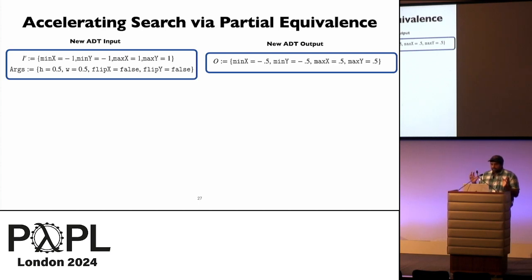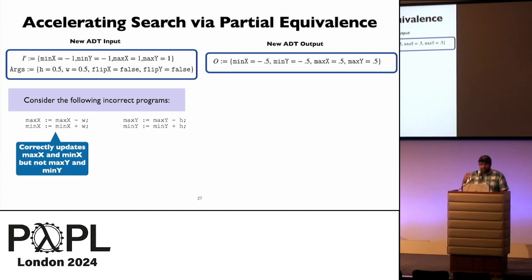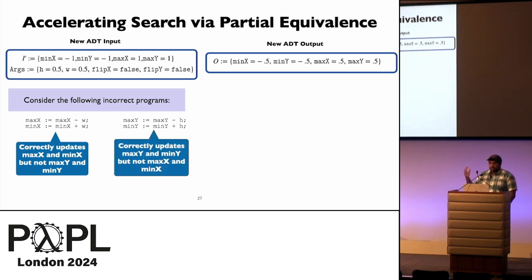So now we have this IO example. And suppose during synthesis, we synthesize some of these incorrect programs shown on the left. The one on the far left correctly updates the x values, but not the y's. And the one on the right correctly updates the y values, but not the x. So normally you would just throw these programs away. But since they satisfy some of the fields, there's a good chance that they're going to be used in the